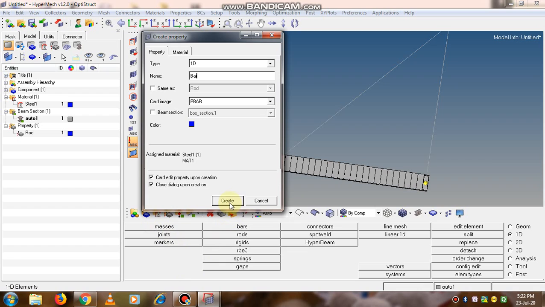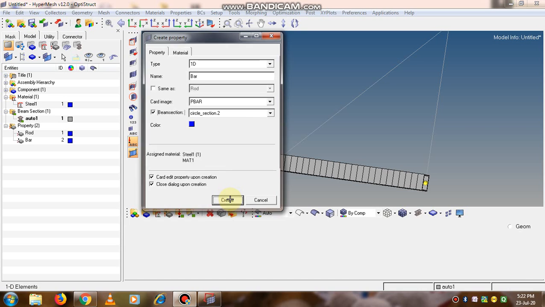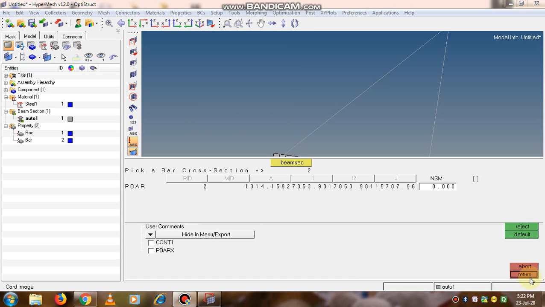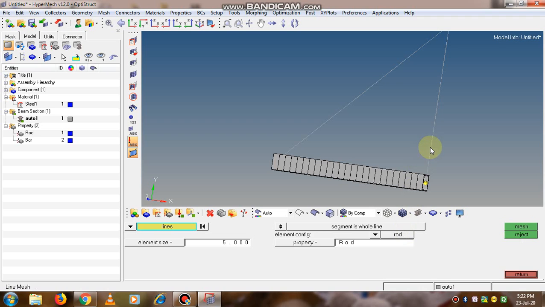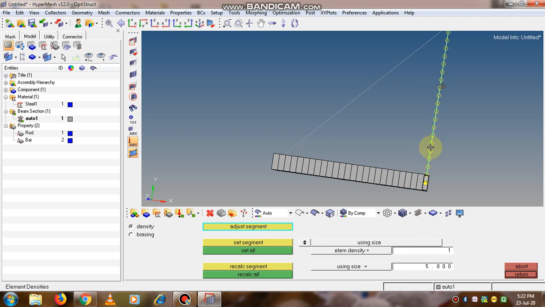Now here we will assign the beam section to it. So I am assigning circle section 2 and go to the option create and return. Now in 1D go to the option that is line mesh and select it, press the scroll key and go to the option return.